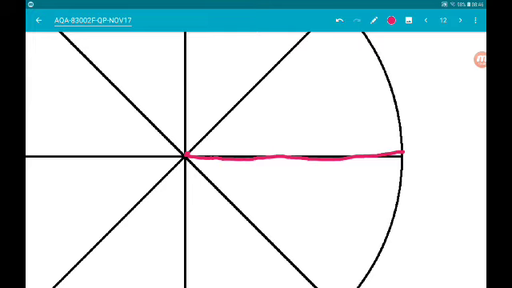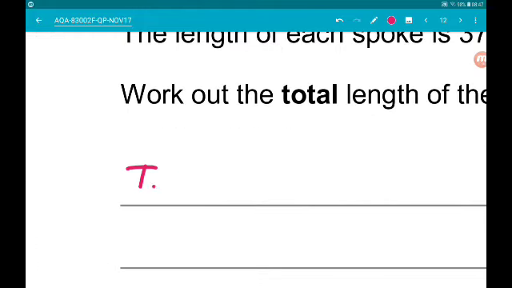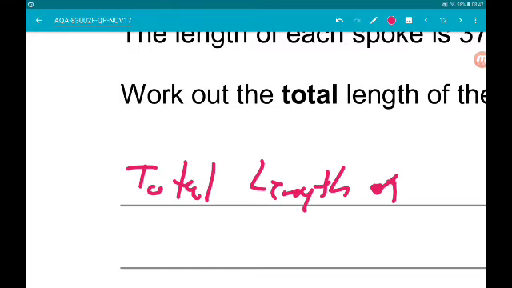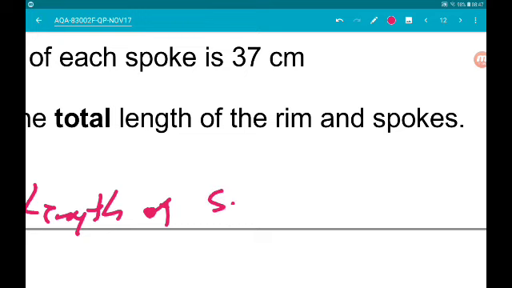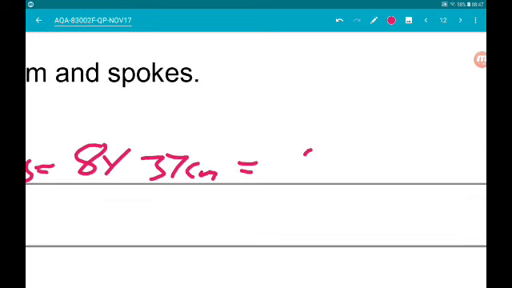Now we know the length of one of those is 37 centimeters. So there's 8 of those. So total length of spokes is 8 times 37 centimeters. Now that's going to give us 240, 56, 296